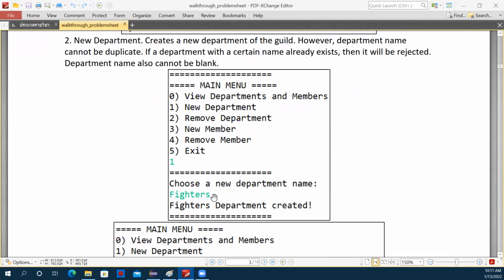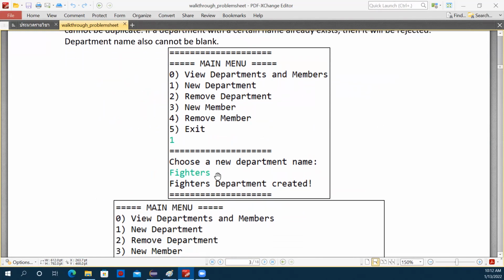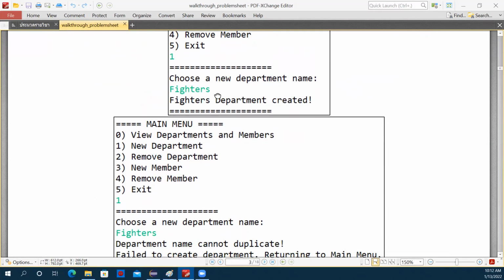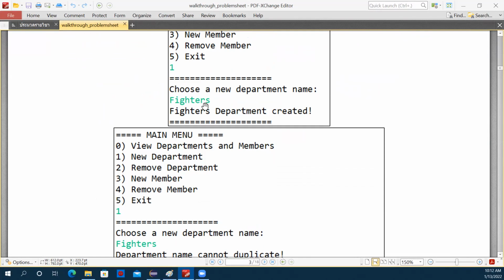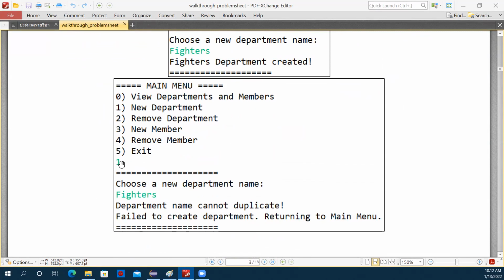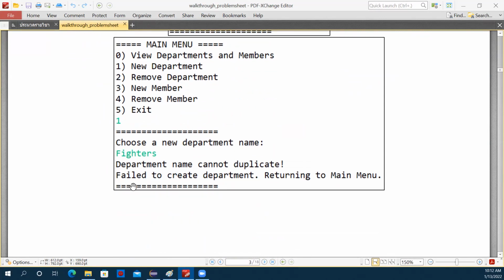If it's a duplicate name, it won't add. It will not add a duplicate name department. When you first add, it will create the department fighters successfully. But if you try to add fighters again, it will say it fails